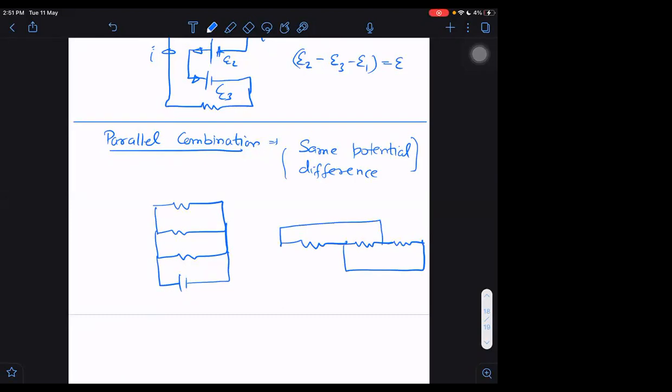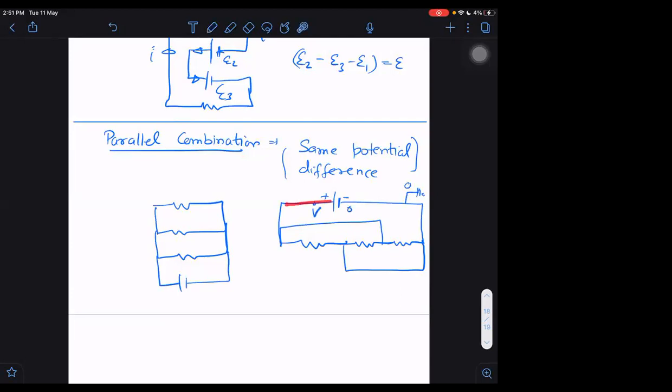Are they parallel or not? In 10th class, the first question to be confused, sir. If you are doubtful whether they are in parallel or not, do one thing. Start taking some potentials. Take the potential at this point as ground, reference potential 0 here. What is the potential on the other side? It will be V.